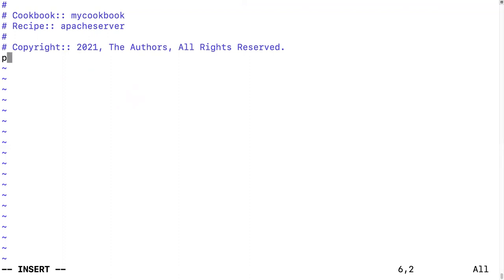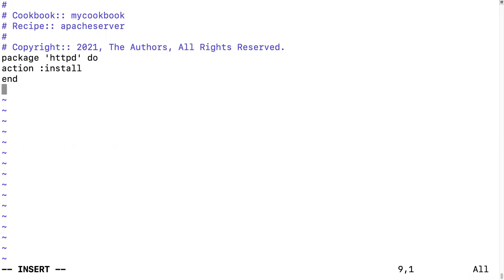So here I write package, and package name is HTTPD, and close the quote. Also do and action, action colon install, install, and so done.